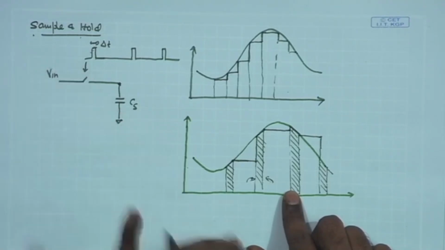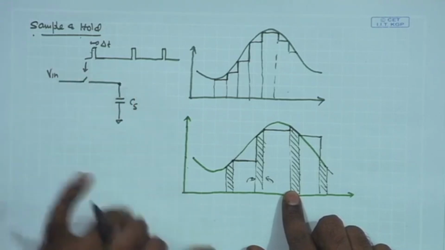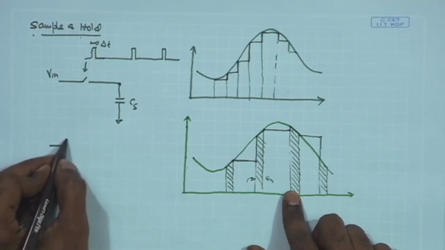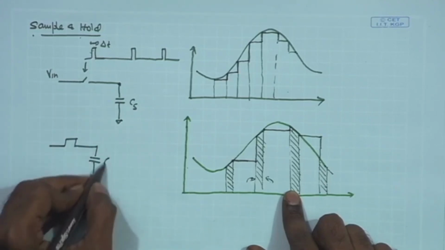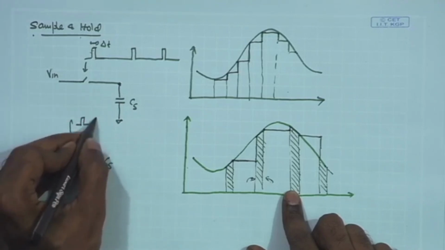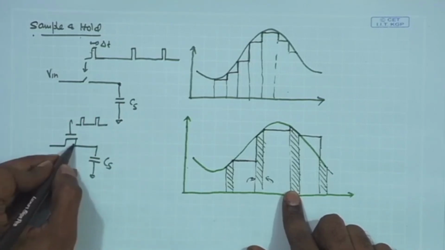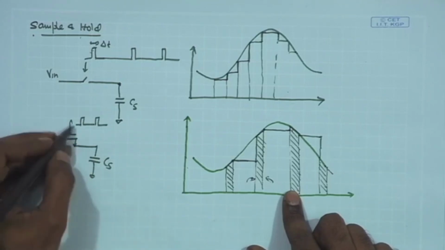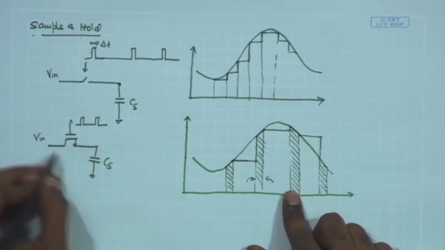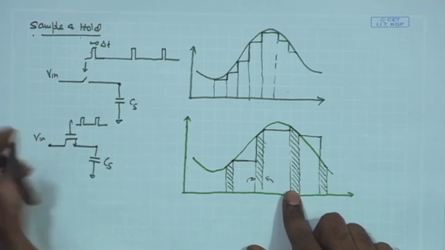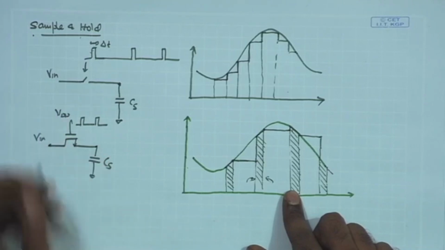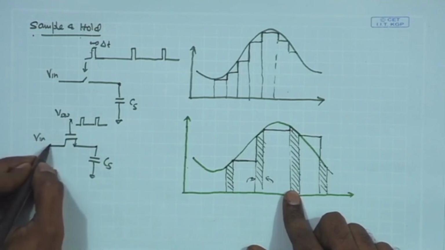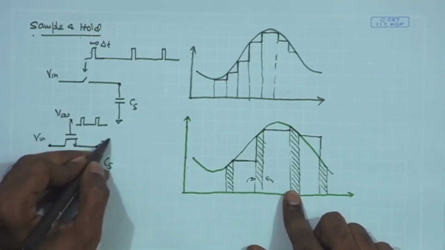So, let us look at the implementation of the switch using transistors, and the simplest configuration can be to just employ a simple NMOS switch, and you have the Cs over here, and you are driving this NMOS with a pulse, and you have the V in over here. We know that for the NMOS, however, the maximum input voltage that you can sample is going to be equal to VDD minus Vt if the gate voltage, the clock voltage, is having amplitude of Vdd, because the moment the input signal reaches Vdd